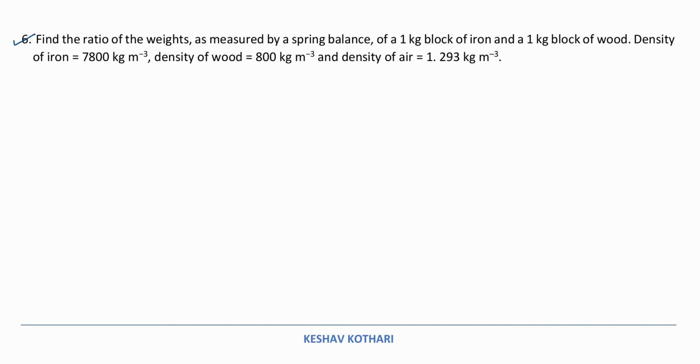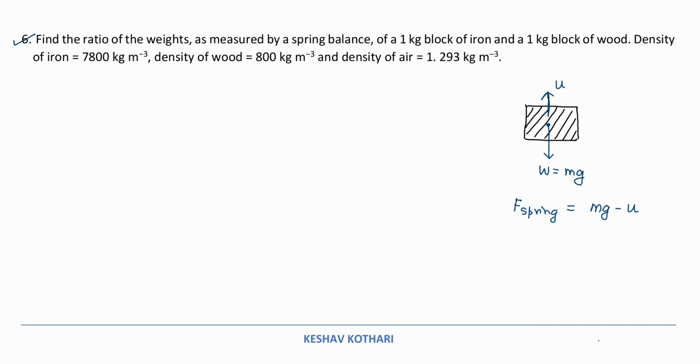Now this problem is interesting in the sense that the question is considering that the upthrust is provided by the air. So air is also an example of fluid, and we can easily consider that the weight which is acting in the downward direction is counterbalanced by the upthrust force U, and the resultant force is what is read by the spring balance. So the reading of the spring balance will simply be written as mg minus upthrust.